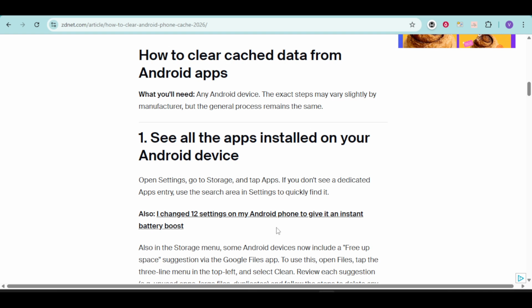In this video, I'm going to teach you how to clear app cache on an Android phone. In order to do that, you first need to head over right here into this article. So to clear cache data from your Android apps, you can first see all the apps installed on your Android